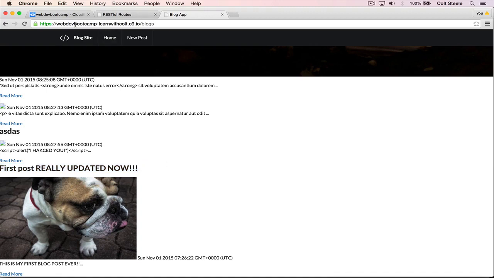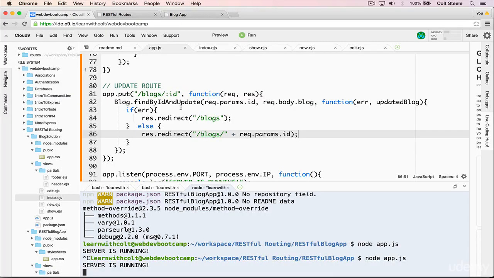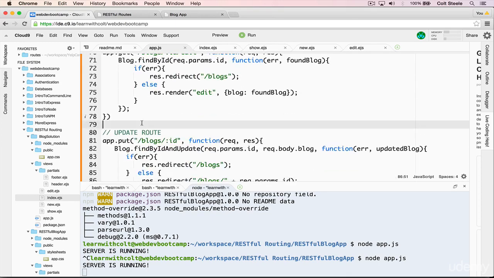So it's a lot of work to get update to work. The new code was adding method override in, which again, it's a little bit weird why we have to do that. Basically, HTML forms just don't support anything other than a GET or a POST request. So every framework out there, or most frameworks at least, something like Rails, has its own particular way of faking a put request or a delete request. And the whole point is just so that on the server side, we can write code to listen for a put request or listen for a patch request or a delete request, rather than having to define another route like